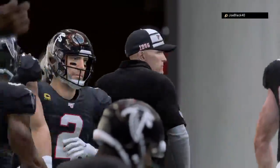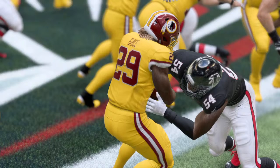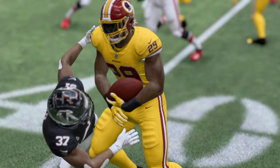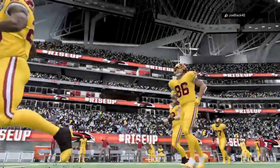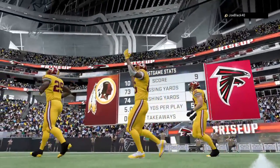Well, Charles, the old saying, the old cliche, if you will, points at a premium, that certainly applied here, didn't it? And that almost like opened up a time capsule, didn't it? Old school football, low scoring, close game. What a way to finish it up. You loved it, didn't you? You loved the defenses. I certainly did. Brought back the images of the game of old. So for the Redskins,